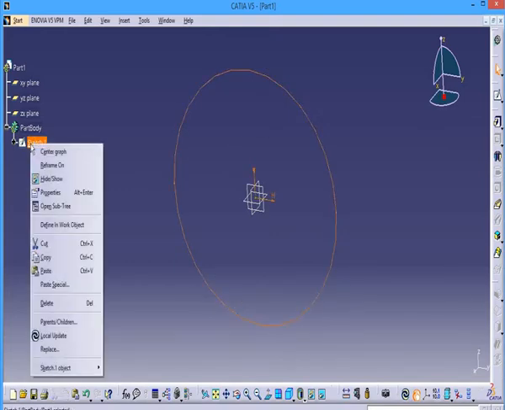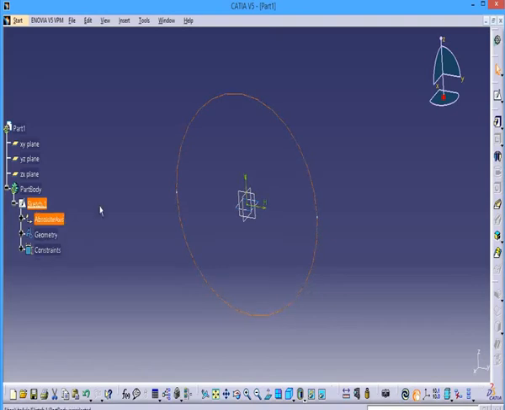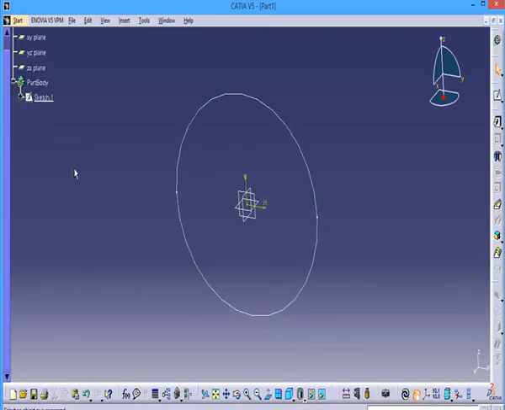I also showed some options, center graph and reframe on. I will show you what is the use of these now. So just click reframe on. The sketch will zoom out in your window. If you want to see where the sketch is in the specification tree, click the sketch, right click, center graph. It will show that. If you click, it will also highlight. But in large assemblies, you can't see where it is highlighting.